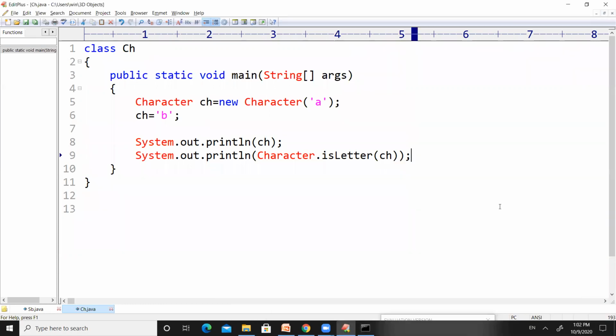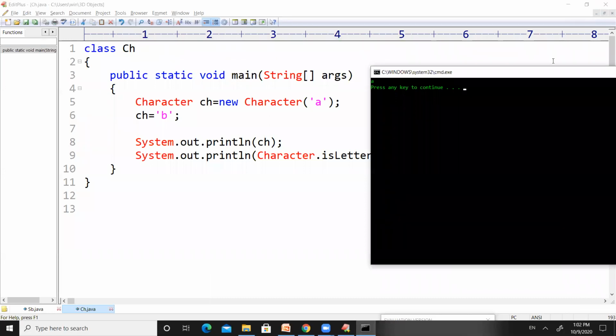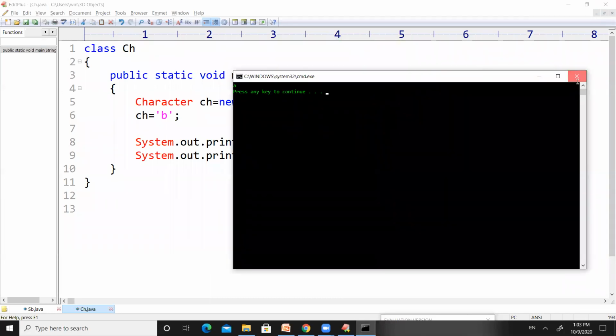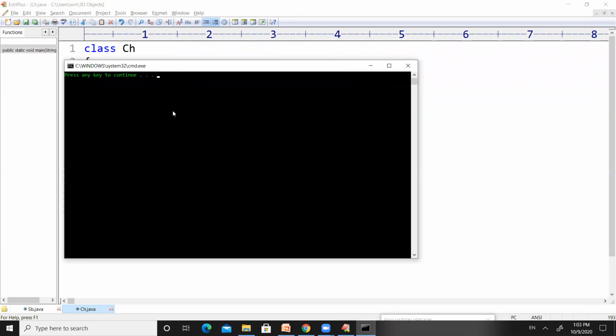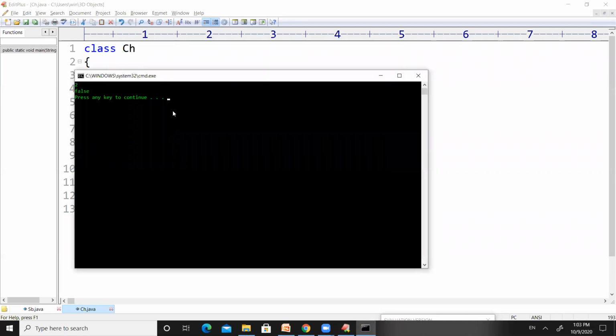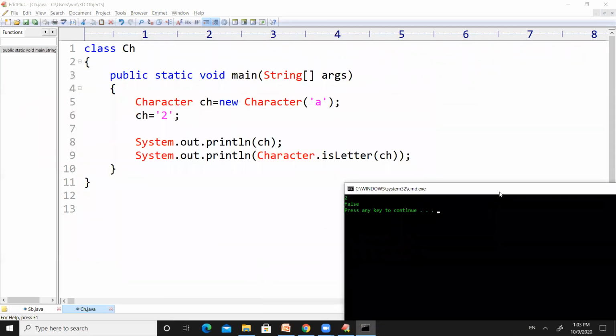So let us change something here. Let us change this character to a digit, and now check whether this one will return false or not. If I check this one, it has printed 2, right? We have printed ch, that's why it has printed 2, and then it has printed false because it is not a letter, right?